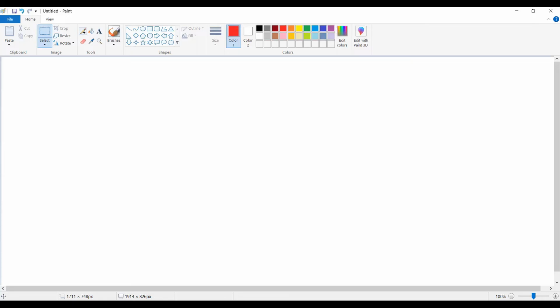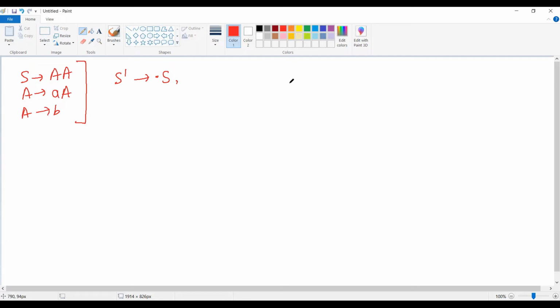Suppose you are given the grammar S tends to capital A, then A tends to small a, capital A, and then A tends to small b. So this is the grammar given to you. Now I need to create the LR1 items. First of all, add the augmented production. I've added the augmented production in the form of an LR0 item. Now we have to convert it into an LR1 item, so we have to attach the look ahead.